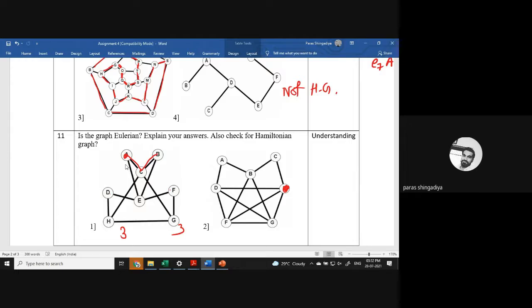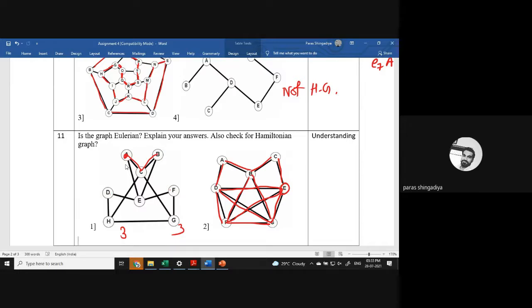You can easily get one Euler line. So E is the starting vertex here. Okay. E to C. Then B, A, D. Clear. Then F, F to G. From G, let's consider B, B to F, F to E, clear, E to D, D to G, and G to E. Okay, so we just moved on all the edges, clear, exactly one time.